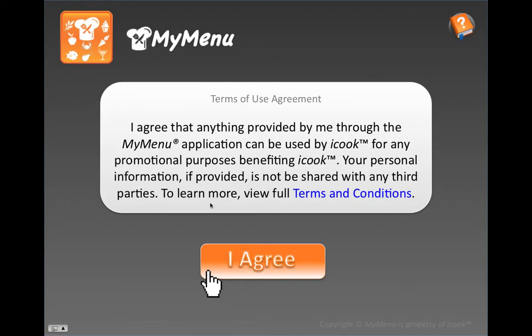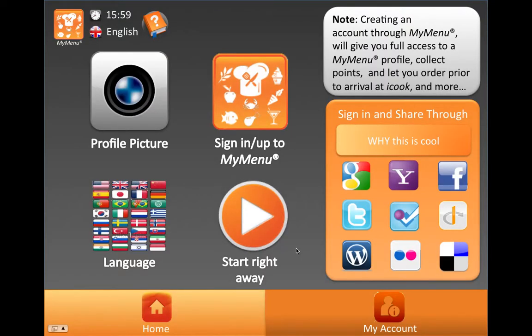And so what this app does now, let's start it. It takes you firstly to a terms of use agreement page where you basically agree that every piece of information that you share through this app will be used to ameliorate your experience at iCook and will not be used for any other things. So assuming that the person would agree to this, it will take you right away to the signing up page,